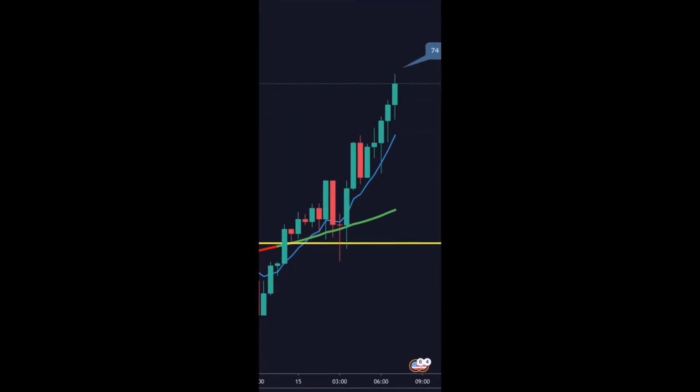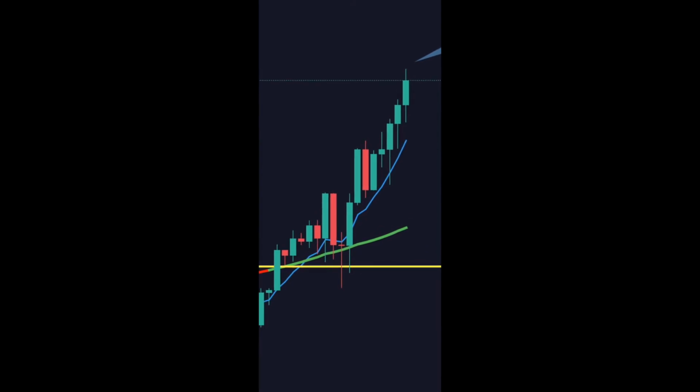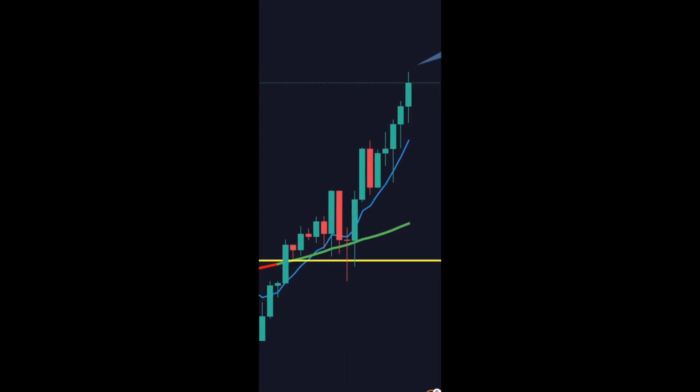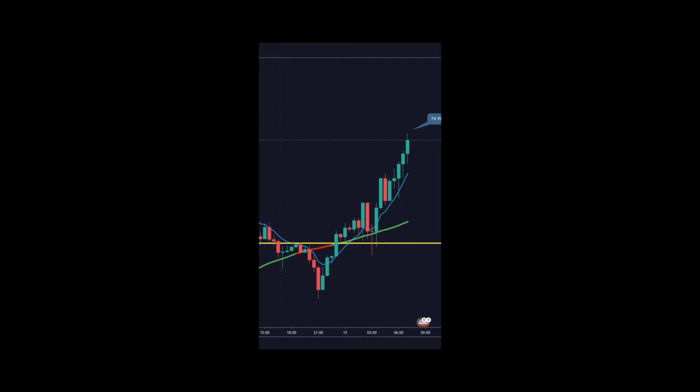Like you can see, that wick right there came all the way down to retest and then retested again, then went back up. So it can be testy at times. But truth of the matter is that depending on your entry, if you caught a good entry like this one